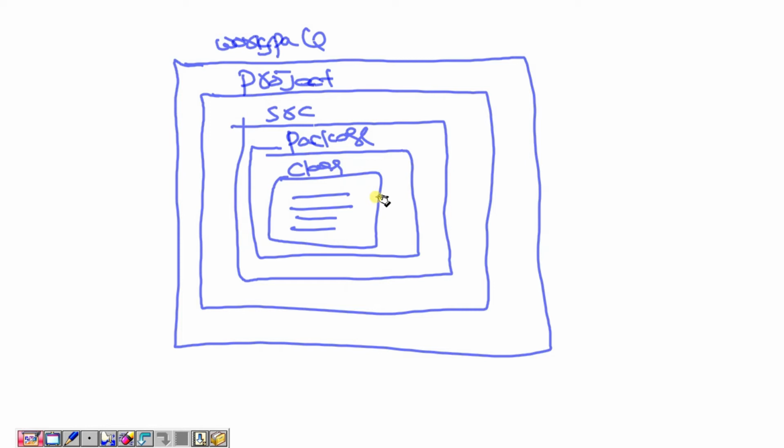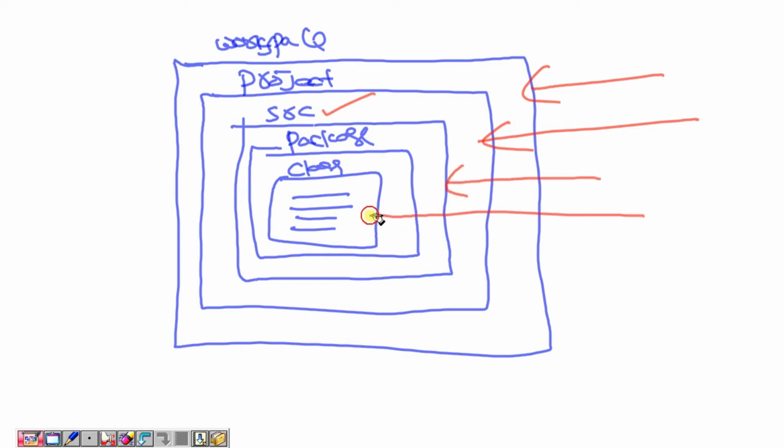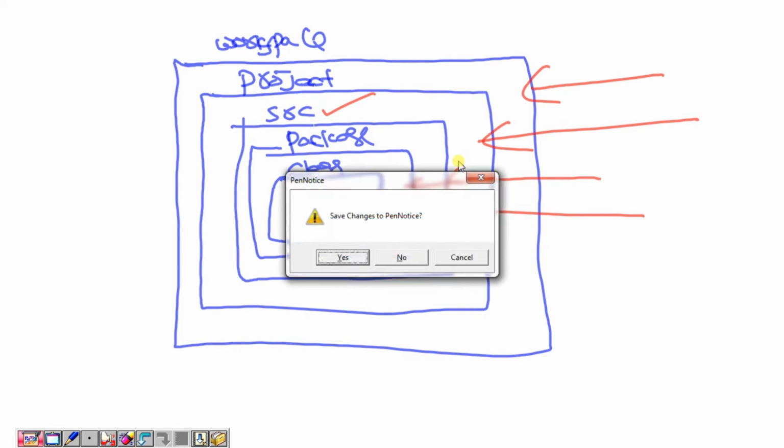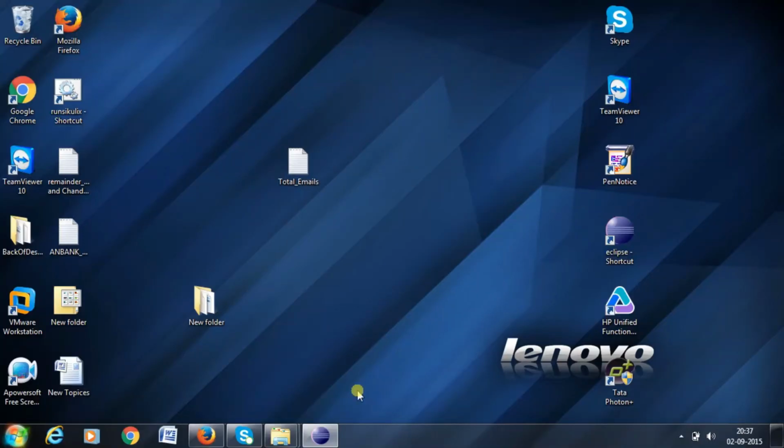It's very clear. So first I need to create the workspace, and then create the project. Whenever we create the project, the source folder is automatically created, and then create the package, and then create the class. This is the way we need to create our folder structure in Eclipse. For example, I want to create it here.